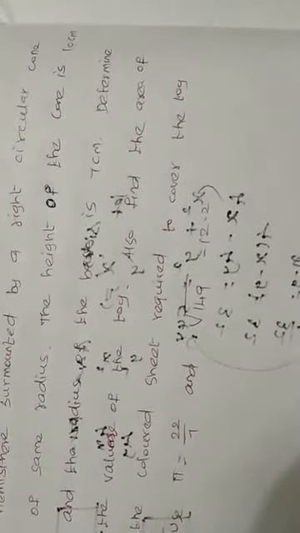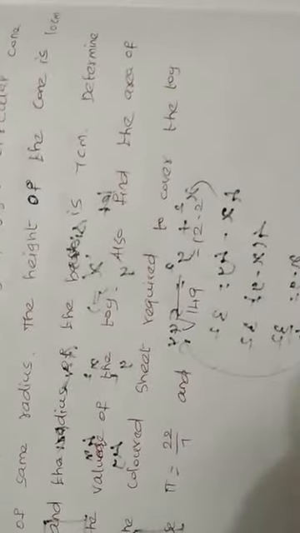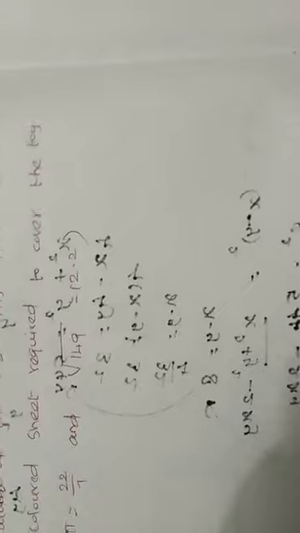Determine the volume of the die. So volume, find. Also find the area of the color sheet. So area of the color sheet, that is surface area. So what surface area we need to find? Color paper we need to form. We need to require color sheet to cover the die. So given value pi equal to 22 divided by 7 and root of 149 equal to 12.2. It's given.